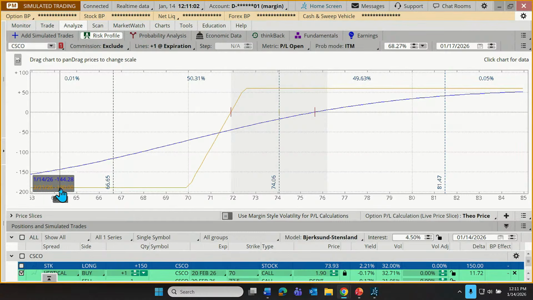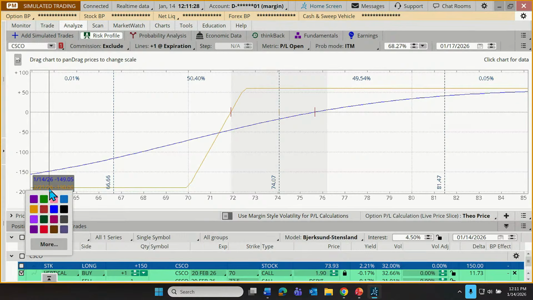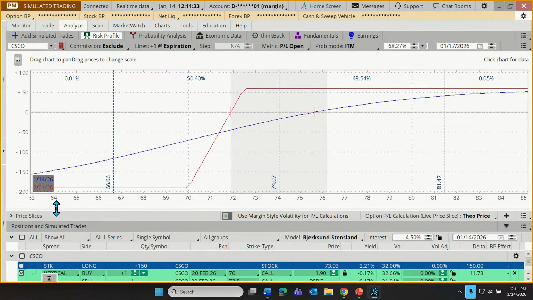I don't know if you knew that we could do this, but as I look down here in the lower left corner, if I squint, I see that it says February 21, 26. Okay, that relates to that contract expiration. And it also says minus 190 as I point at this part of the chart, and it says $60 as I point at this part of the chart, but I can barely see it. It's a light orange on a light gray. It's not showing up very well. So I'm going to right click and let's change that. How about to a red so it stands out a little bit better? Does that help? I don't know if you knew you could do that. Just right click on the color you want to change and then you get the palette, change it.